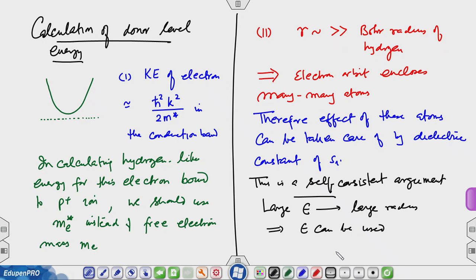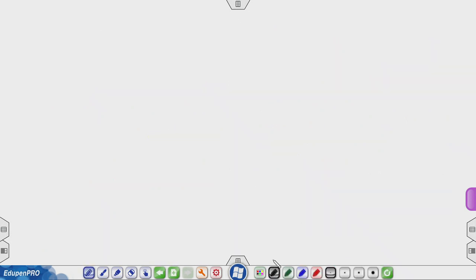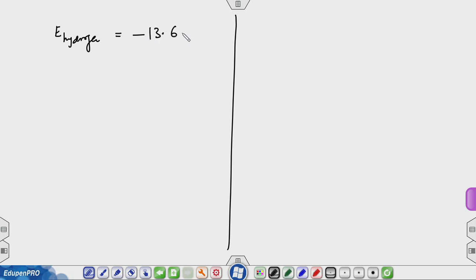So, it is consistent with each other, and therefore, I can do that. So, let us quickly now estimate the energy. Now, E hydrogen is equal to minus 13.6 eV,